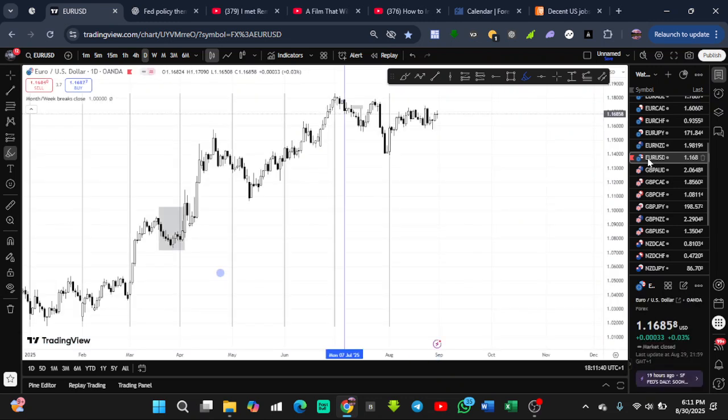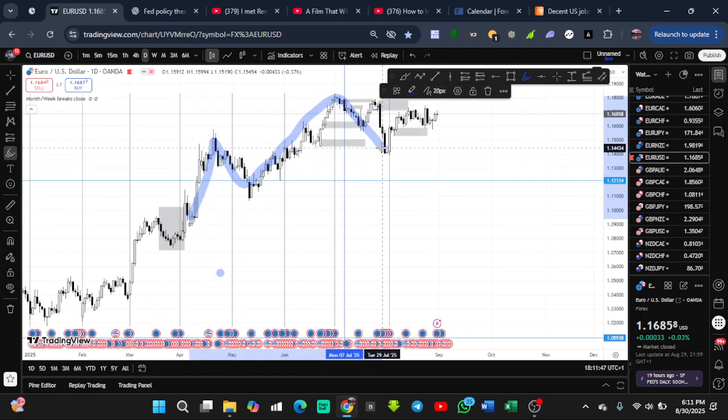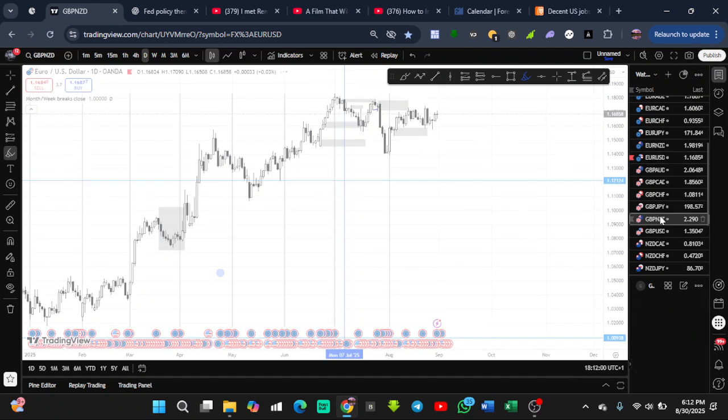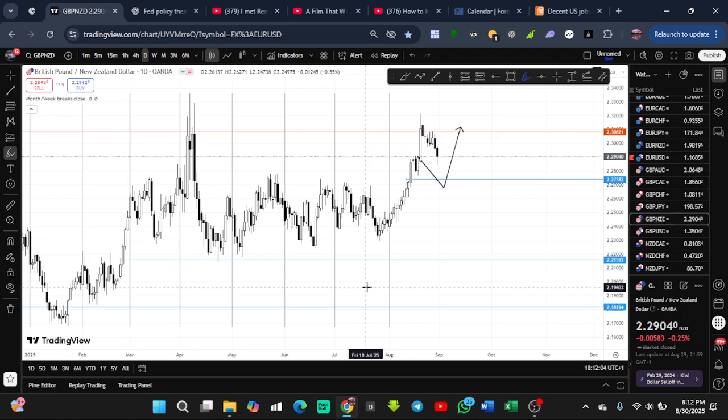I'm just kind of waiting. So if you can see this, I'm in a waiting mode. I'm expecting this one to continue to the upside. It's a new month, but it's currently almost the same thing. Nothing is going to change that much. You look at the pair, I'm looking at NZD weakness. The reason is because of